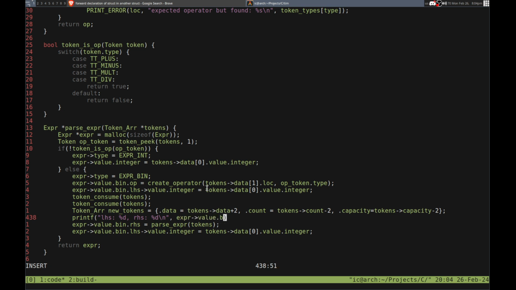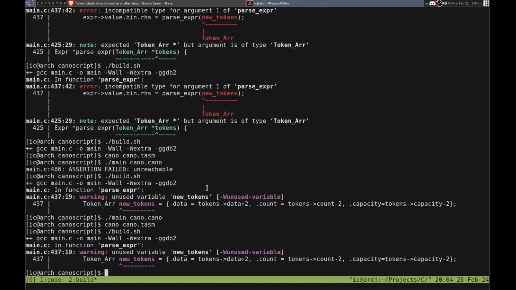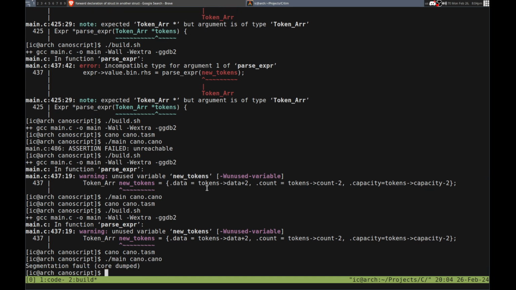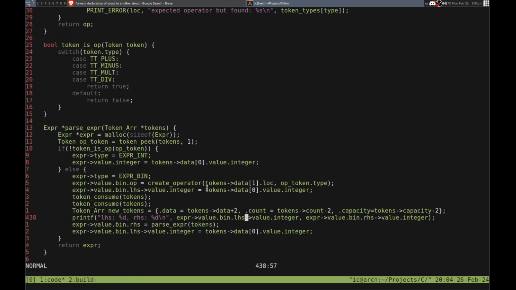Expert value in left-hand side value here, as well as the value in right-hand side value. Integer, I think. Value. That's not right. It's 5. Oops. I want to run it. Seg fault. Okay. Because the right hand side doesn't have value, so it needs to be that expert